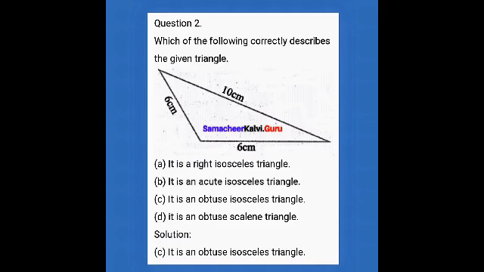It is isosceles because two sides are equal. We only want to find whether it is acute, right or obtuse. Acute means very small, right means it should be straight. It is slightly moved to the left side, which is equal to obtuse. So it is an obtuse isosceles triangle.